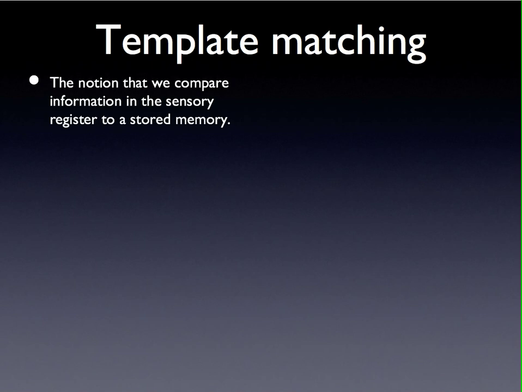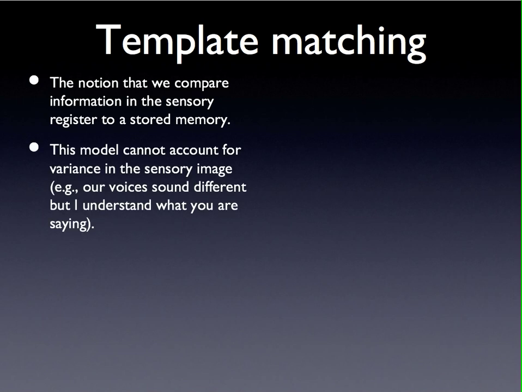Template matching is the idea that we compare information in the sensory register, in our senses, to a stored memory, and that the idea in template matching is that it has to be an exact match. If you want to see an object as a chair, it has to be exactly as something you've seen in your memory. The problem with this model of template matching is it doesn't account for a whole bunch of variances